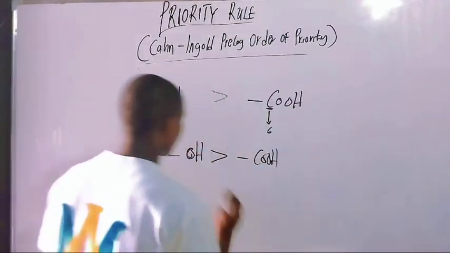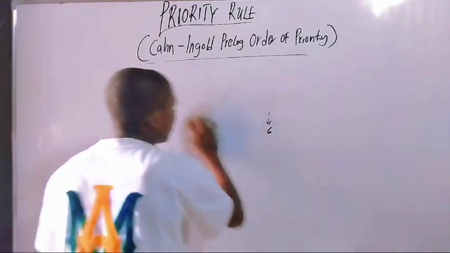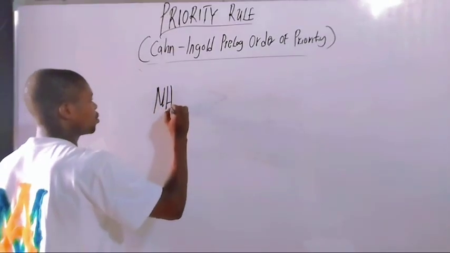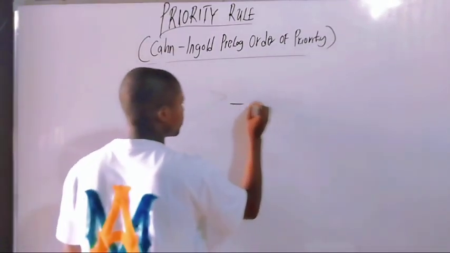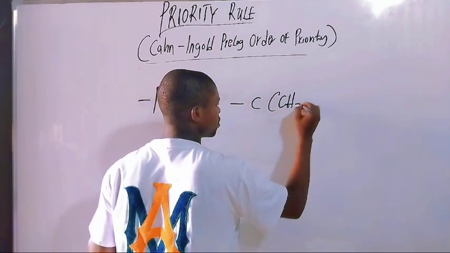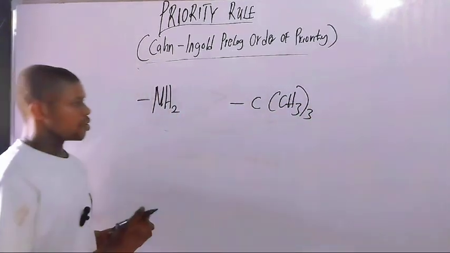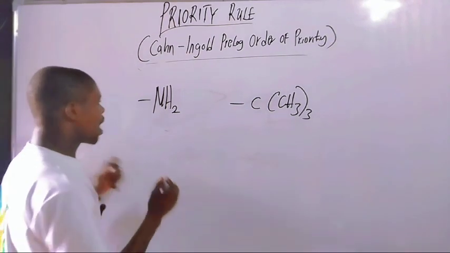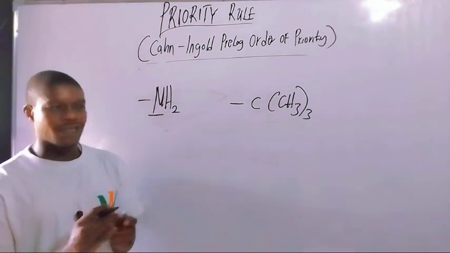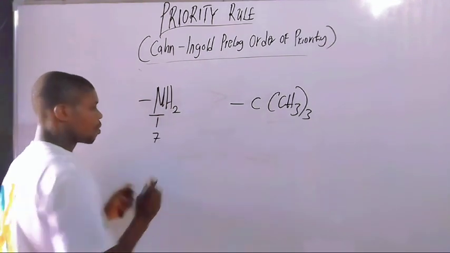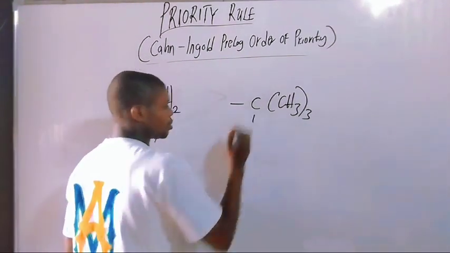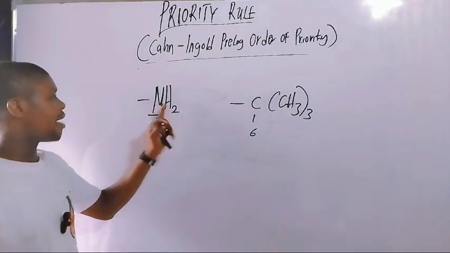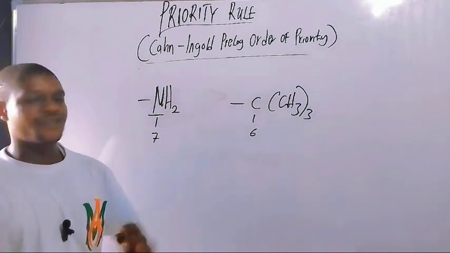Now let me give you another example. If, for example, here we have NH2 and here we have CH3, which will take priority? Here we have nitrogen, and its atomic number is 7. Here we have carbon, and its atomic number is 6. Although this nitrogen has 2 hydrogens and this carbon has 3 hydrogens,